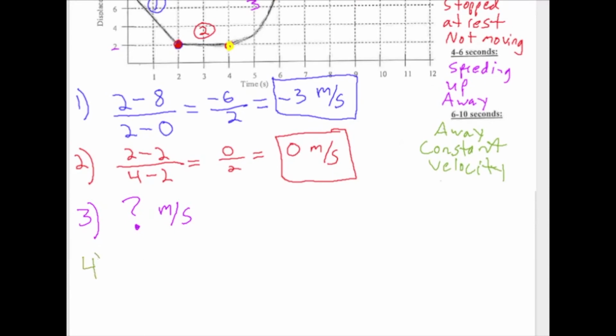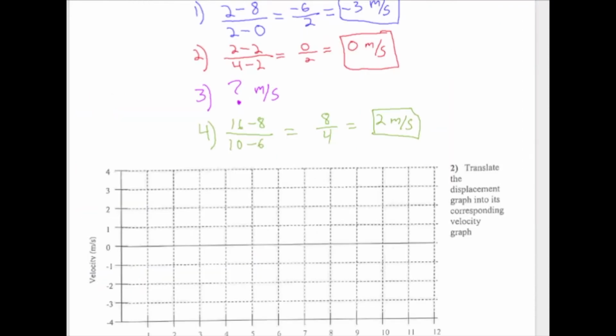So we're not going to be able to figure it out. So now let's take a look at line number 4. Line number 4, our y value is 16 and 8. So we'll write that up here, 16 minus 8. And it's happening over the time interval of 10 and 6. So I solve here, I get 8 over 4. That gives me a velocity of